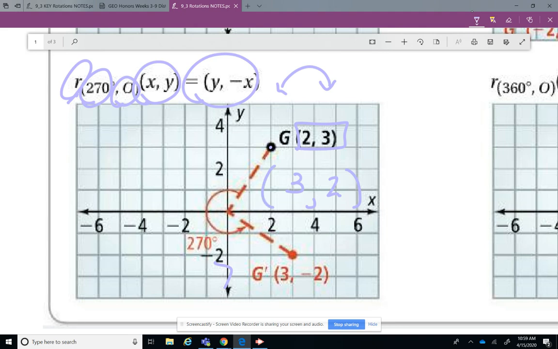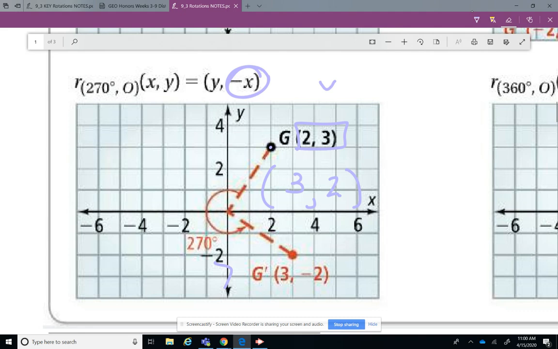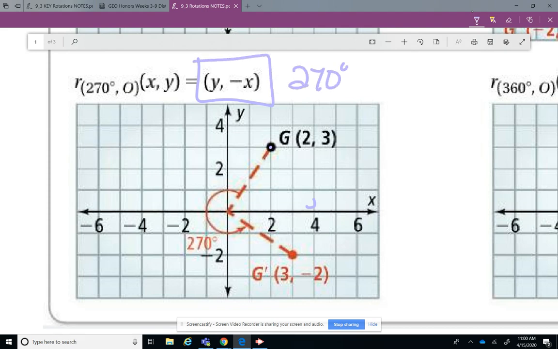But this time, it's the second coordinate that becomes negative. It's not the first one. It's the second one. So this is going to be negative. Now look, doesn't that match? 3, -2. All right, so whenever you have a 270-degree rotation, you're going to flip your X and Y, and